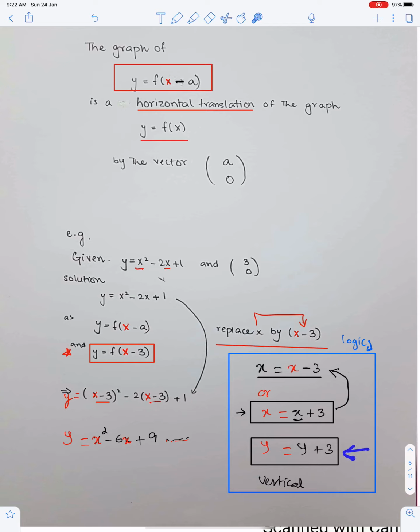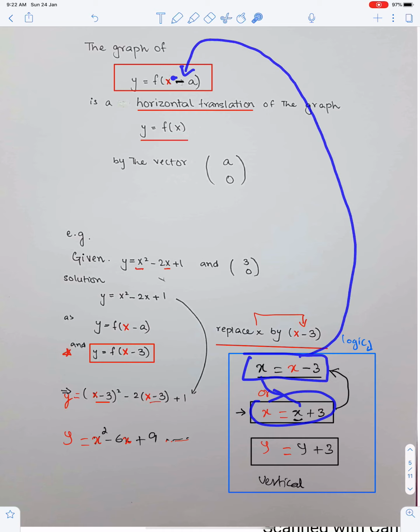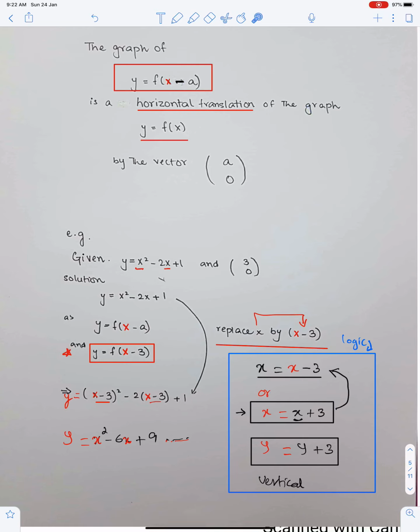This is the vertical translation and this is the horizontal translation. They both are same. Y plus 3, x plus 3. But as you know, we substitute the value of x into this equation to get this equation. So by making this x subject from this equation, we'll get this equation. That is why we have minus a here. So be careful, when we have positive a here, then you have to write minus a. These two will always be opposite in signs. What if we had minus a here, then you had to write plus a here because of this.